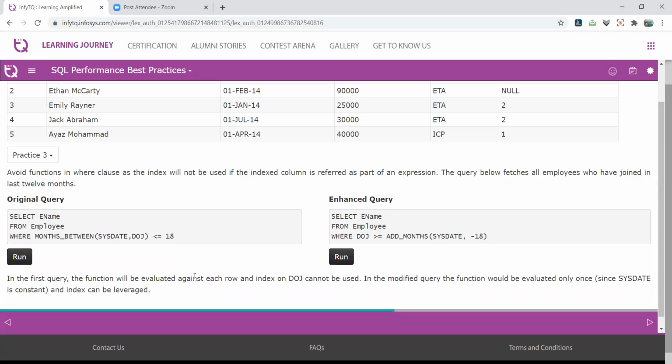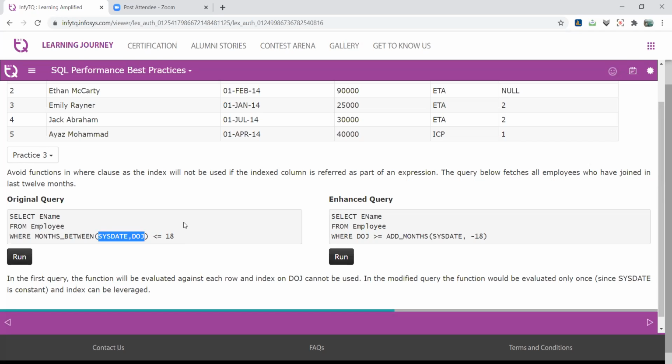We already discussed that when we use the indexed column with the help of functions, the index is not used, right? So in this query, the first problem is MONTHS_BETWEEN, which is a function. In this function, we use SYSDATE comma DOJ is less than or equal to 18.